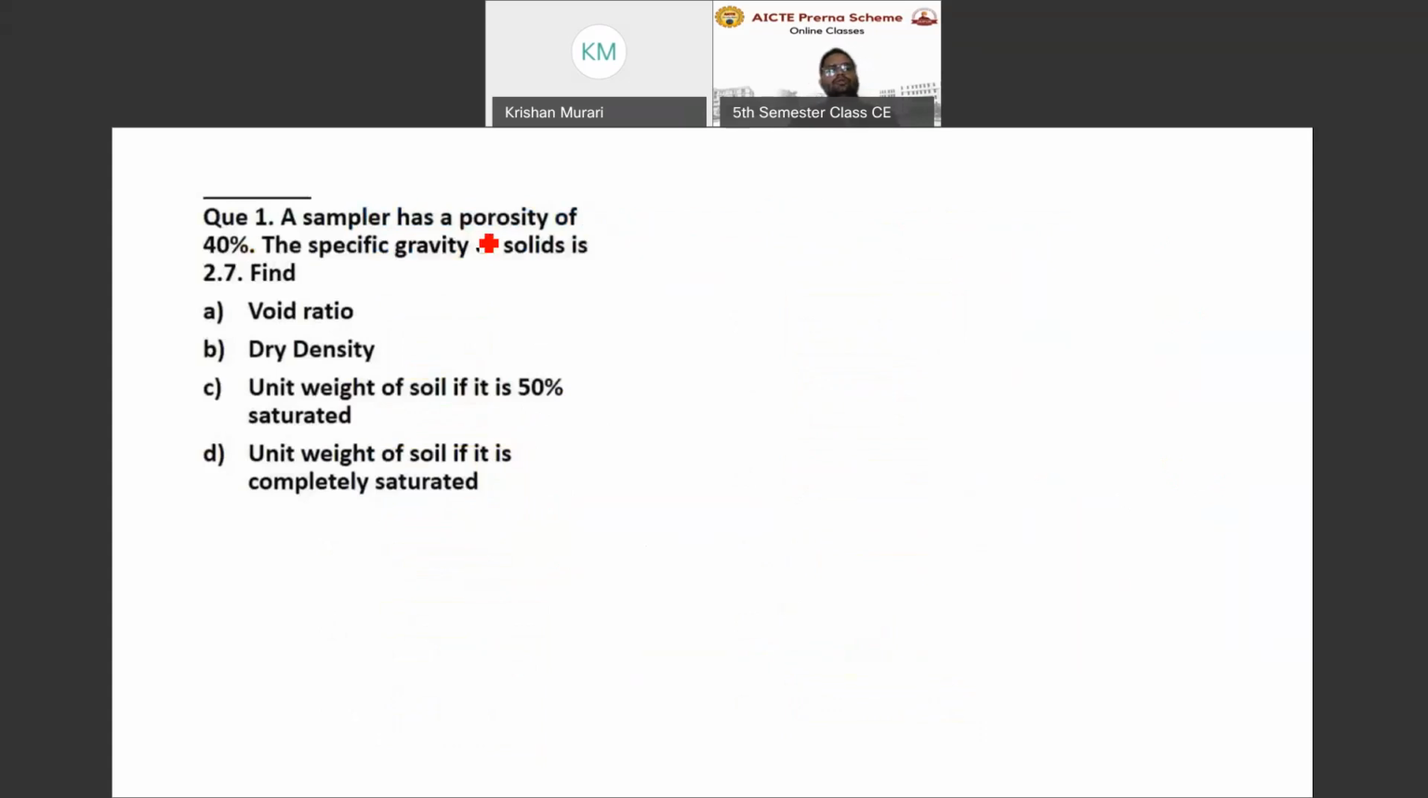Any question? What is the given? A soil has a porosity of 40% and a specific gravity of solids of 2.7. That means n is 40%, and specific gravity is 2.7. So here you find the void ratio,